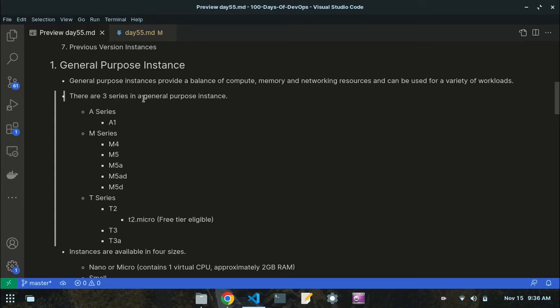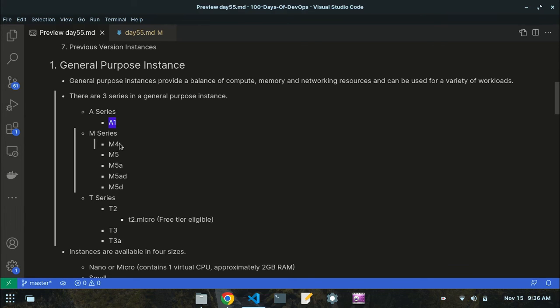So there are 3 series in a general purpose instance. The first one is the A series, the second one is the M series, the third one is the T series. So these are the three types of instances that the general purpose instance provides. And inside these series, there are multiple other series, like A series contains A1, M series contains M4, M5, M5A, M5AD, and M5D.